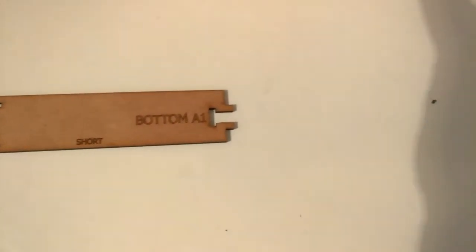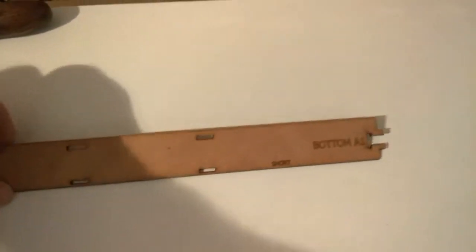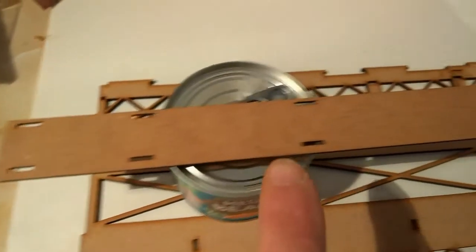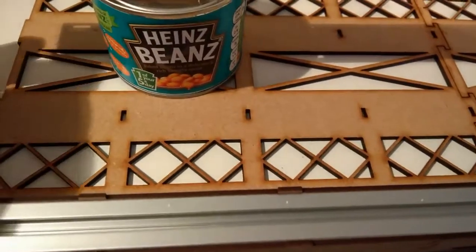And then you need to locate this item here, which is labelled bottom A1 and has got the word short on it. We're not going to glue this in position, this is purely just to hold it together. So we take that piece and at this end you turn it over so you can't see the writing, and you'll see that there are 1, 2, 3, 4, 5, 6, that's it. And then on here you'll have 1, 2, 3, 4, 5, 6 lugs. So we place that over the lugs